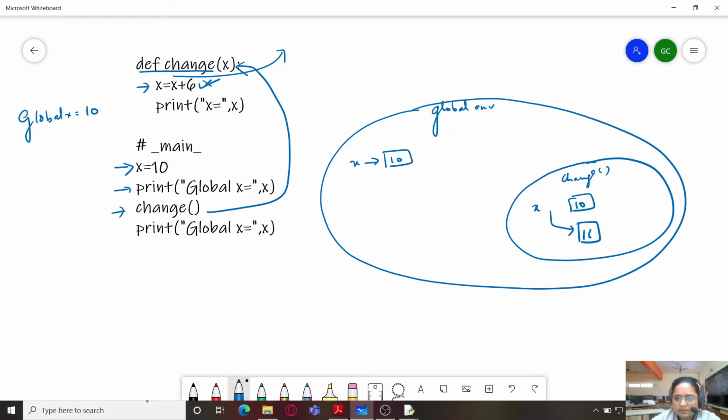Then print x. So now we are printing x from within the function change, so it will be x equals 16, and then we come back to the statement global x, and global x is still 10.